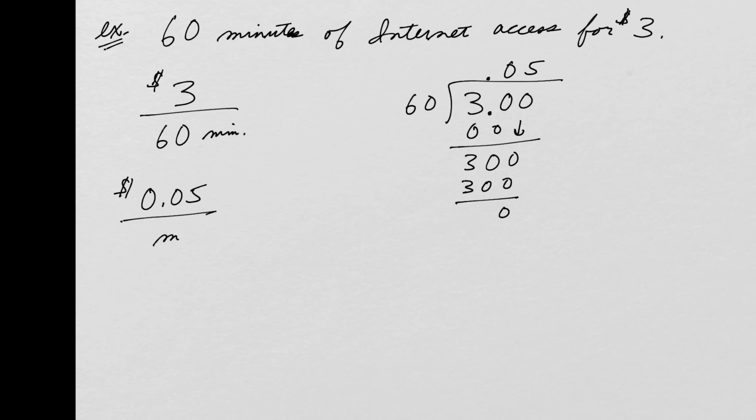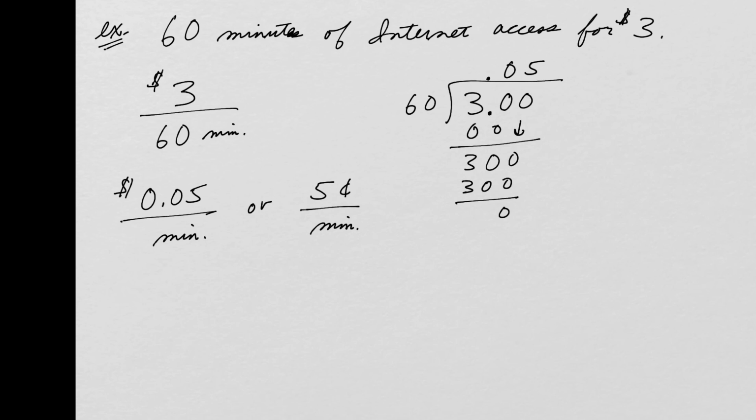per minute. This is when they used to have internet cafes and you had to pay, typically by the hour. So $3 for 60 minutes, for 1 hour. So if you want the price per minute, then it's going to be $0.05 per minute. Or you could write this, remember, $0.05 is the same as 5 cents per minute. Okay,